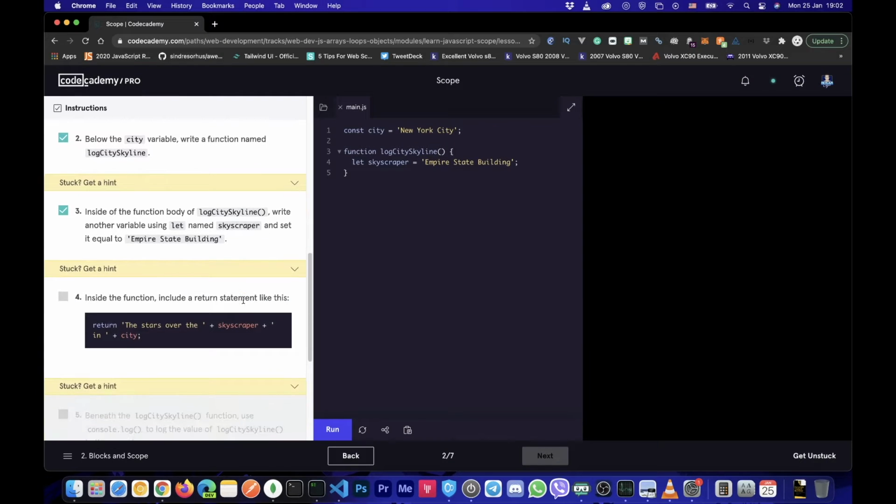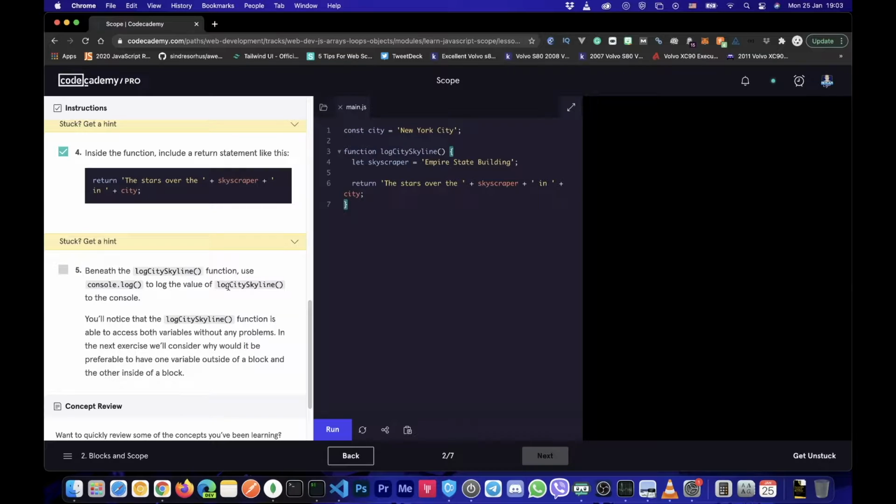Update our code. Inside the function, include a return statement like this. Okay, so we are returning the string, the stars over the, and then we are concatenating the variable skyscraper, and here we are concatenating the city variable. So this variable right here, the outside variable. Update our code. Beneath the logCitySkyline function, use console.log to log the value of logCitySkyline to the console. So console.log,